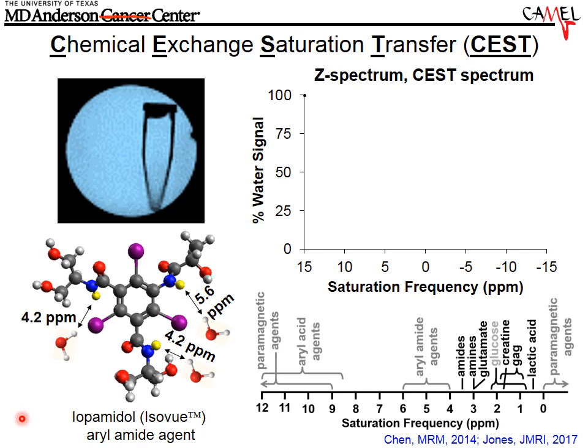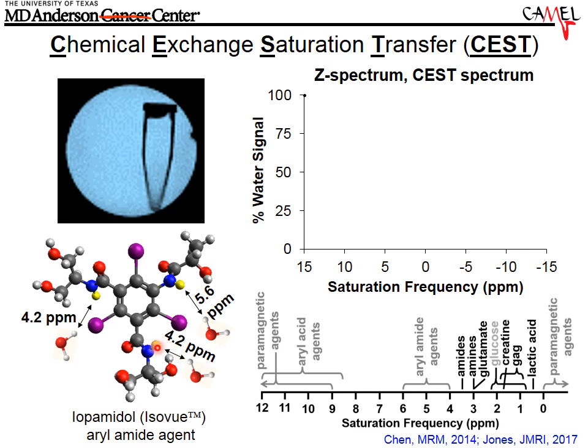of cancer. So this is a molecule, iopamidol, that is a CT agent, clinically approved, used thousands of times per day. So a very safe contrast agent. And we have repurposed this contrast agent for CEST MRI. It has amide protons, NH amide protons that exchange with water, and they have unusual chemical shifts because of their proximity to a ring in the center of the molecule. Because of these unusual chemical shifts at 5.6 and 4.2 ppm, we can detect this molecule using CEST MRI in